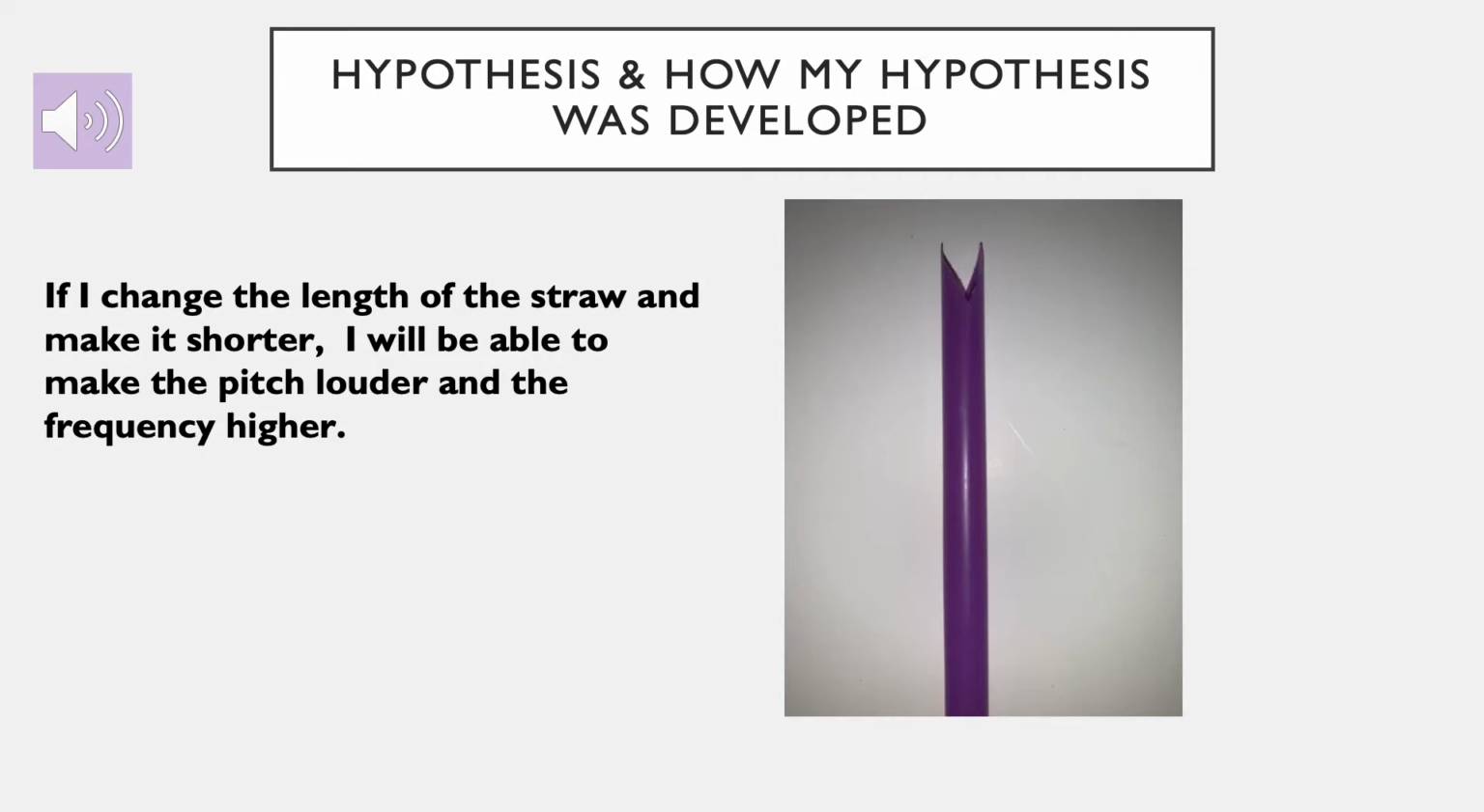My hypothesis is, if I change the length of the straw and make it shorter, I will be able to make the pitch louder and the frequency higher. The shorter I cut the straw, the louder the pitch and frequency will be. The independent variable, or the antecedent variable, that is manipulated or controlled is the length of the straw. The dependent variable, or the consequent variable, that we measure to assess the outcome is the pitch and the frequency